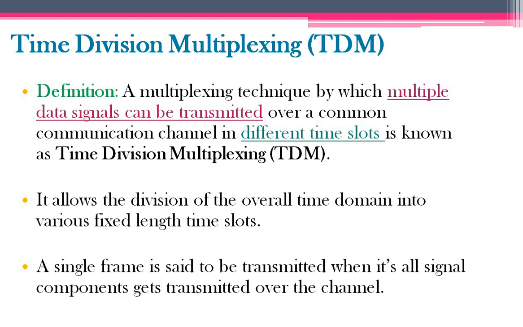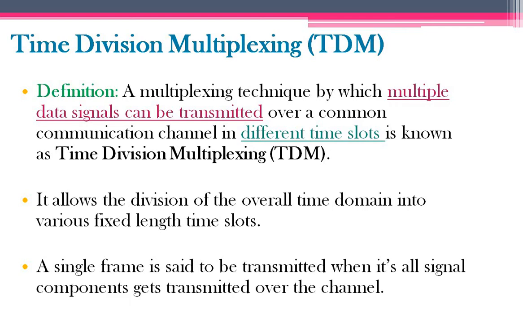These multiple data are transmitted through a particular channel. What is the channel? It is your internet, right? So through that communication channel, I am transferring my data in different time slots. Whatever I am saying, for 1 second it will transfer one data, one word, then after 1 second, the next word. So it is dividing into different time slots, and your message or data is being transmitted from one end to another end through a particular common channel.